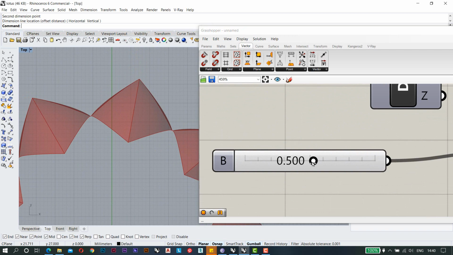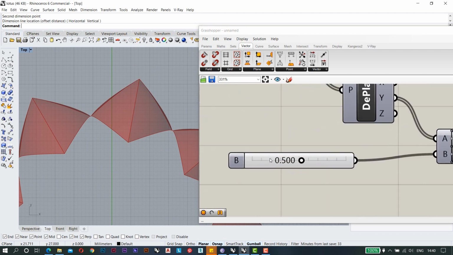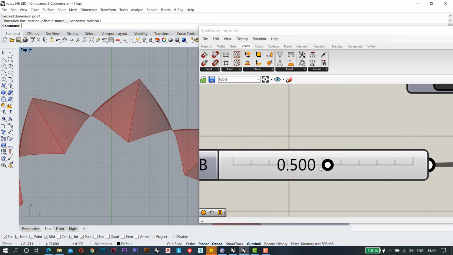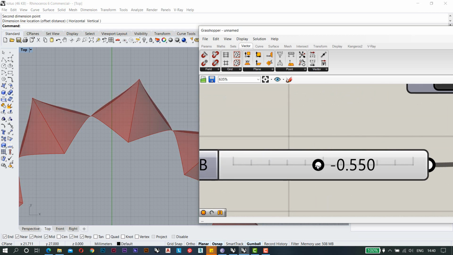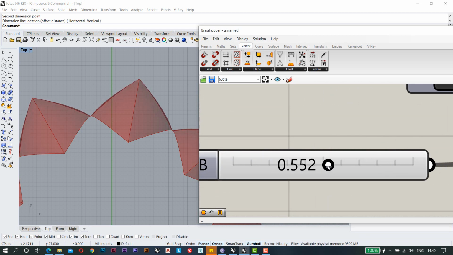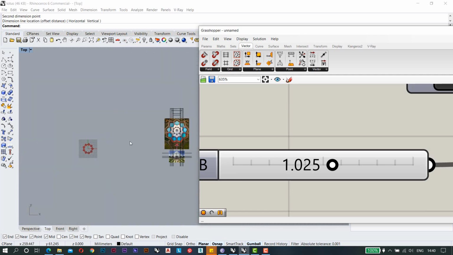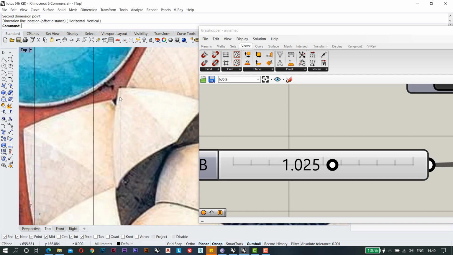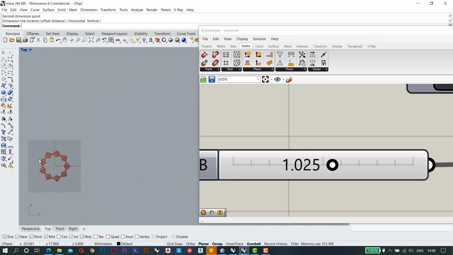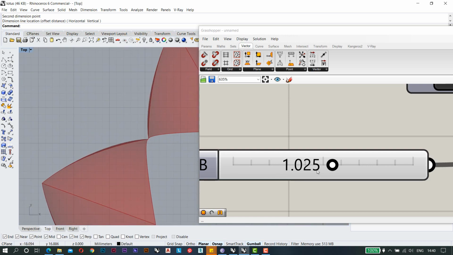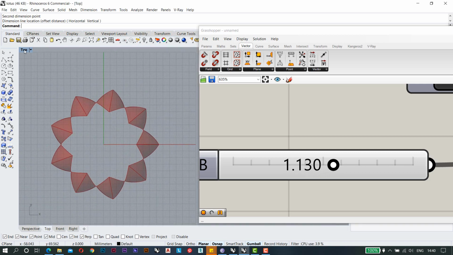If I change the distance now, which is this one, and see, I can make it a little bit like this. So they have this curvature here and this curvature is there. I have designed them in the same manner, so you have this kind of pattern here.